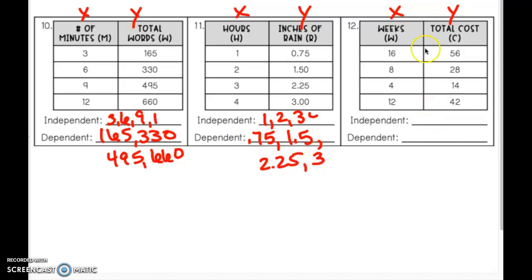And over here, our quantities, we can put these in order too. 4, 8, 12, 16, 14, 28. You can see the pattern if we put them all in the same order. 42 and 56. So, in a nutshell, independent and dependent variables,